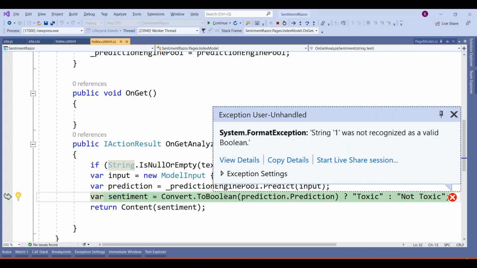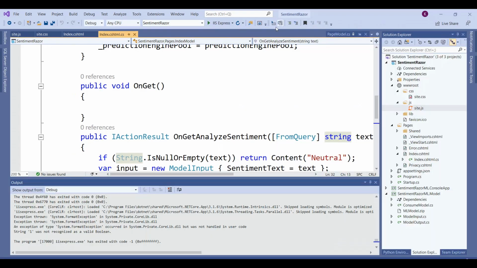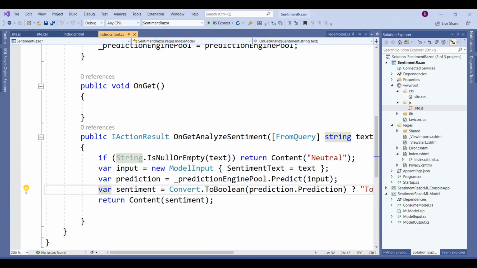So now why is it not working? Let me just stop debugging and I'll tell you, because this prediction comes out to be a string. Okay, so it becomes a string, but a string "0" or "1" cannot be directly converted to Boolean, right? So prediction.Prediction is a string. So what you need to do is to fix this error, you need to convert